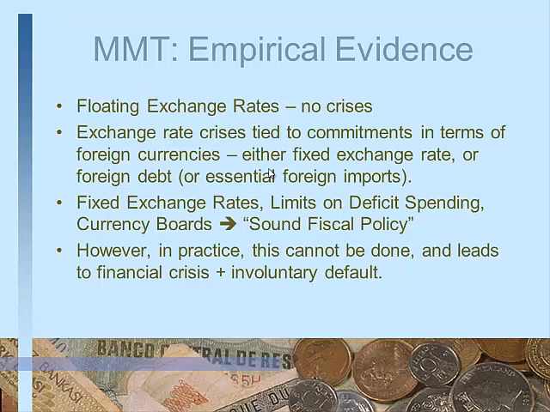You look at the empirical evidence, and basically it argues, I haven't looked at the data themselves, that if you have floating exchange rates, then you have no currency crisis. But if your exchange rate is tied to some commitment in terms of foreign currency, either you have a fixed exchange rate or you have foreign debt which is fixed, and then you have to pay that amount in a foreign currency, then basically you no longer have a sovereign currency, and this is the case in Pakistan.